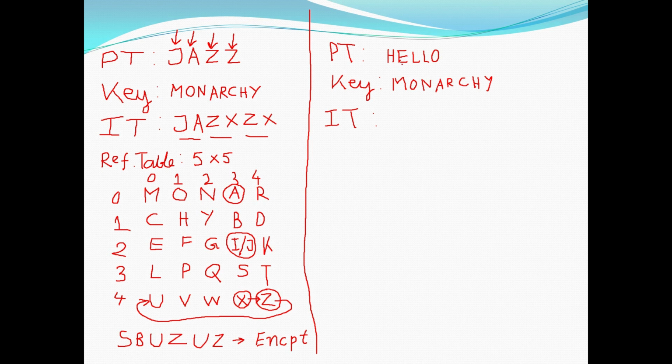Okay, so now the pointer is here for the plain text. The next character is not the same as this character, so write H as it is, and after that the pointer will move towards E. The previous character is not the same as the present character, and the next character is also not the same as this present character, so write it as it is,